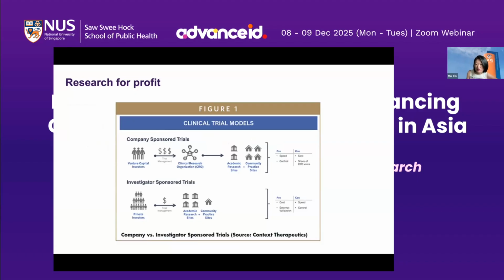And the third reason is that there's a lot of misconception around the motivation behind clinical trials. Of course, we all know that there are investigator-initiated trials and also private company trials. And a lot of companies are conducting trials for profit reasons. However, even for company-driven trials, a lot of the trials are actually conducted because there's motivation to drive science forward and benefit the community. But that messaging sometimes is lost along the way.